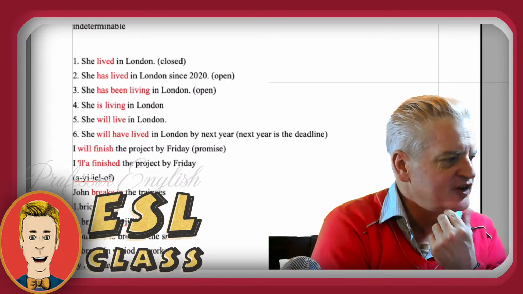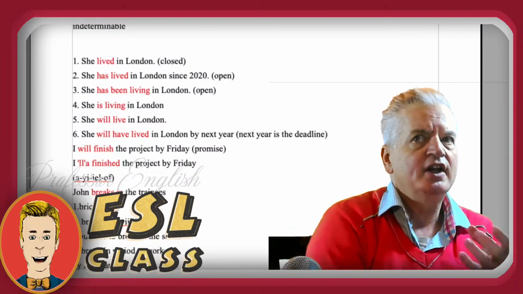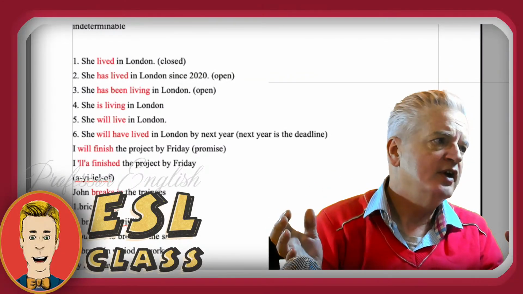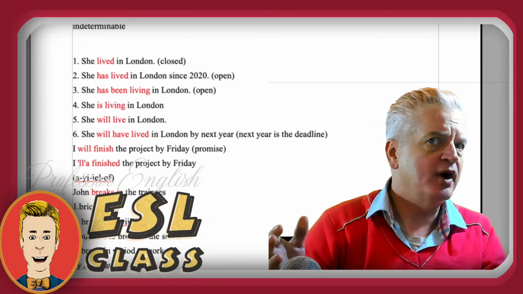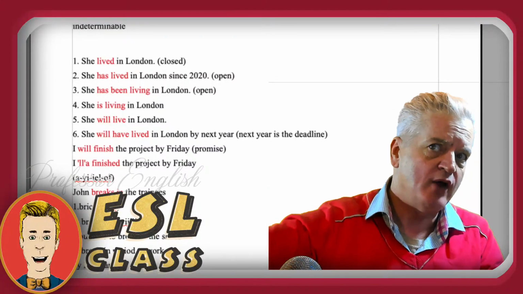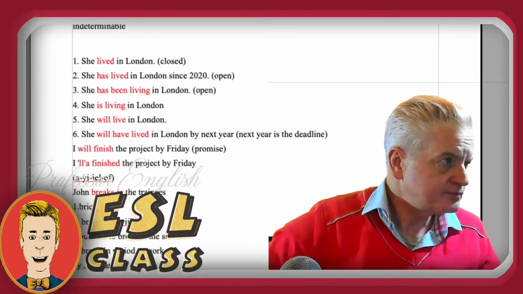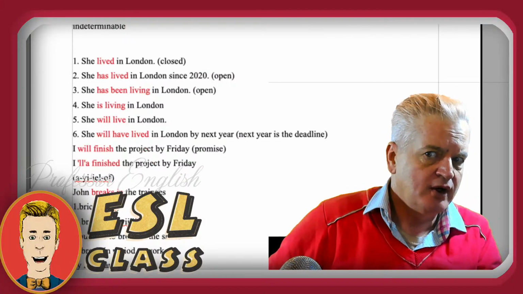Oh, I'm just reading Nam Gyen's question. 4 and 3. She has been living in London. That's number 3. 4. She is living in London. Well, the difference between she has been living and she is living is when you say number 3, you're telling me it was different in the past, it will probably be different in the future. So the been part means it started in the past. The has part means it's open. I don't know about the future. I don't know how the future will be. That's why if you use has, you're saying, I don't know what's happening later about this. So has been means starting in past. I don't know about the future, but right now,